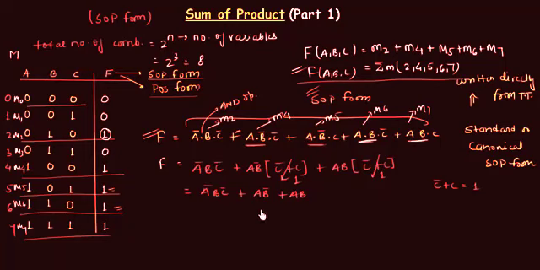And you can see now again we have something common in the last two terms, that is A. So I will take A as common from the last two terms and we are left with B complement or B, and B complement or B is again going to be 1. So I have function f equal to A complement B C complement or A.